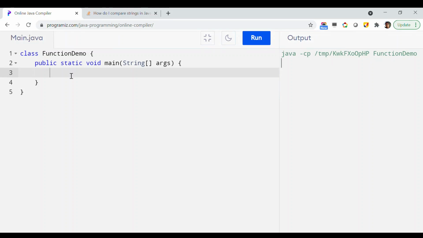So now in this video, let us see a Java example function through a demo program. Here the class name is function demo, and then I have a main function, that is public static void main, from where the program will start. Now, in order to illustrate the concept of function, let me define two different